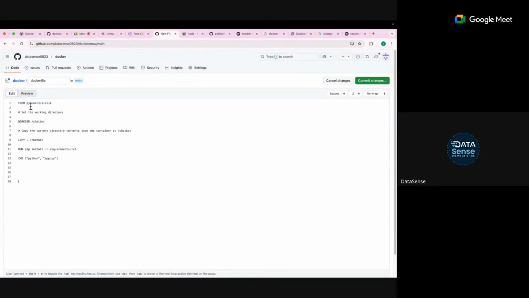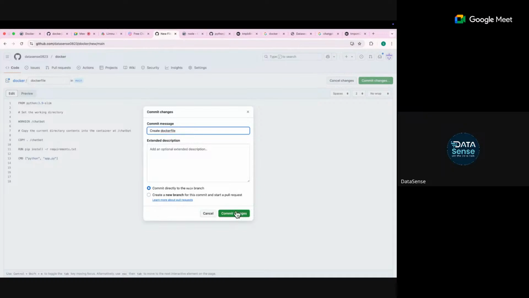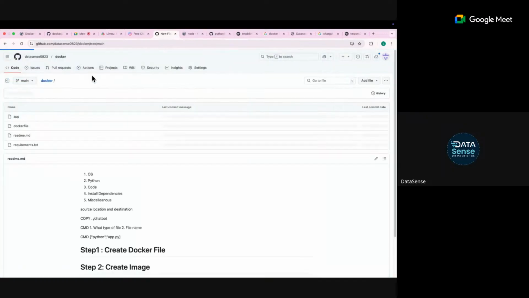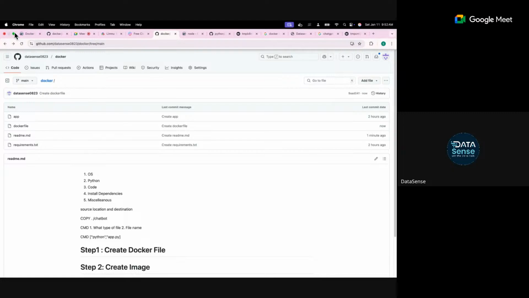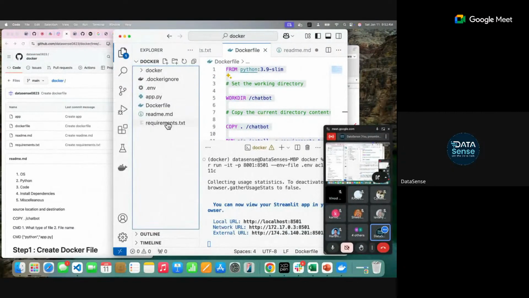I have pasted all the commands in the GitHub repo that I posted. You can use it. This is a Docker file that I created, and this is the README file. Let me check if I missed anything. The requirements file is there.